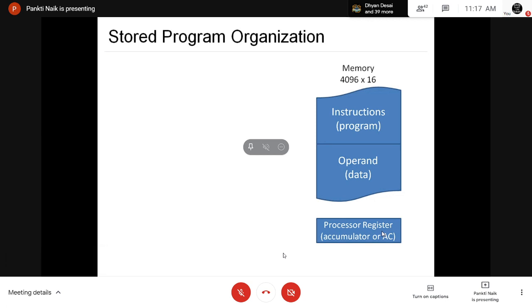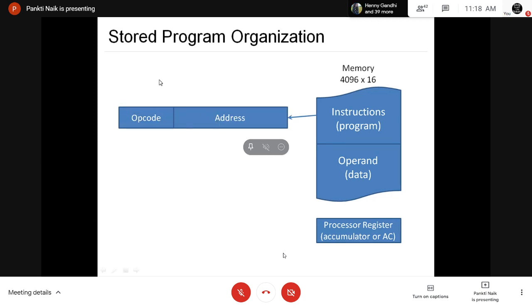So the memory address is 0 because we do not use a memory operand value. Whenever we want to clear, complement, or increment the content of the accumulator, at that time memory operand values are set to 0. So let's see this in detail.